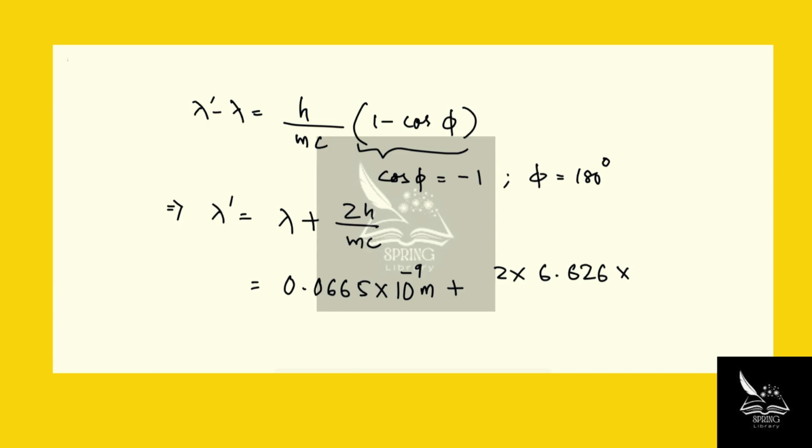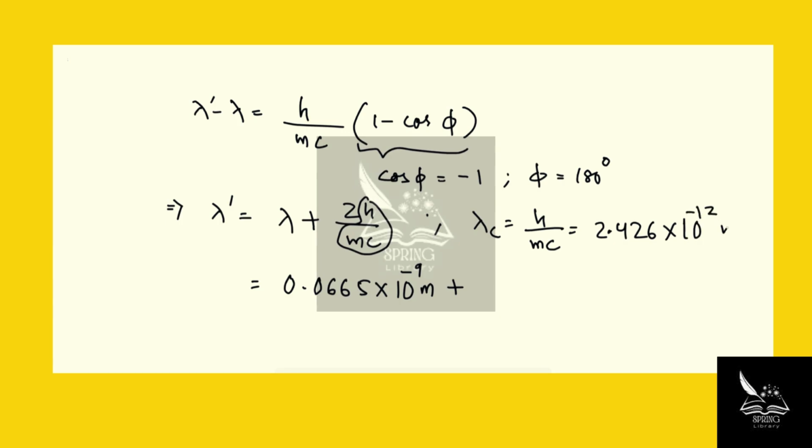Okay, so I forgot to mention one more thing. There is a general value of this factor h over mc. This factor h over mc is actually called the Compton wavelength, and this has a value of 2.426 times 10 to the power minus 12 meter. So instead of putting h, then mass, then speed of light, we can directly use this Compton wavelength, which is a constant. So twice the Compton wavelength here,